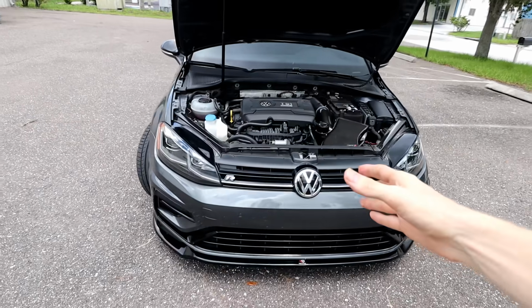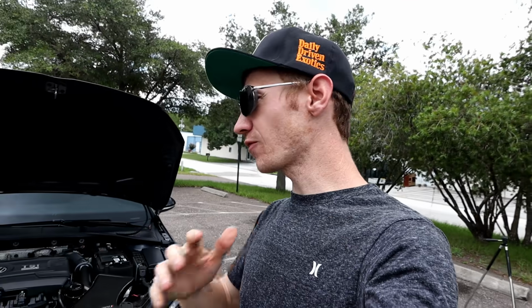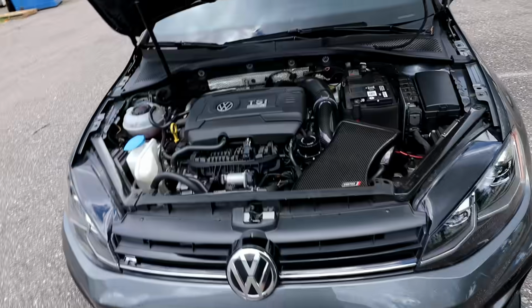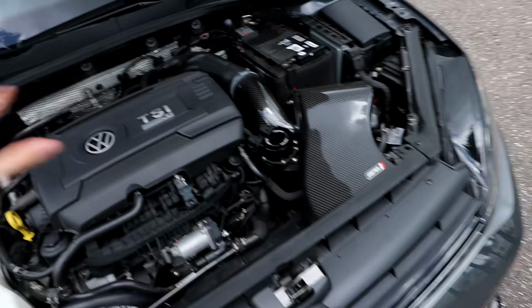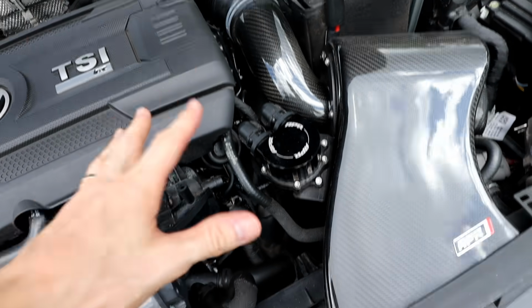Now here we are in the beautiful state of Florida where it is hot all the time, so an intercooler definitely is more beneficial here than it would be somewhere else. But that is the first thing that I would maybe cut from my mod list if I lived in a different environment. The next thing that I would cut 100% is this right here, and that is the oil catch